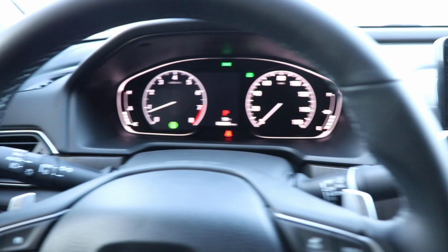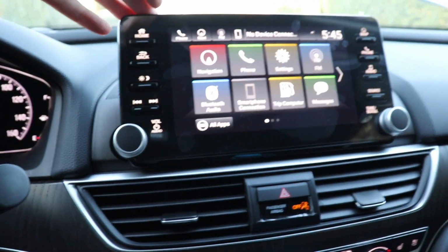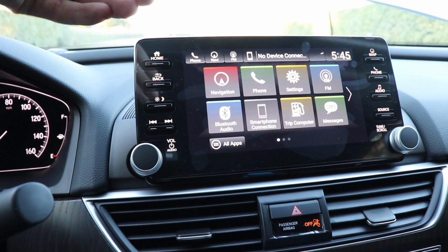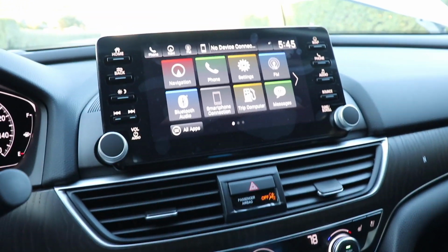So the interior is pretty well laid out. You have a tablet style, which is unique. I would honestly prefer to have this integrated a little more. I'm good with it being up high. I just think it looks kind of goofy, especially with it slanted back. I'd rather it be straight up and down, maybe, or sitting on the dash a little better, but still, this